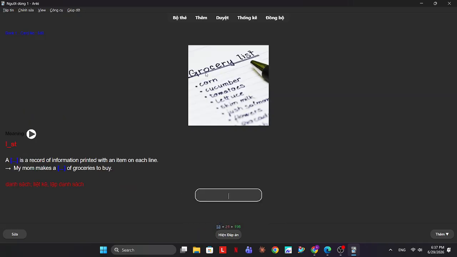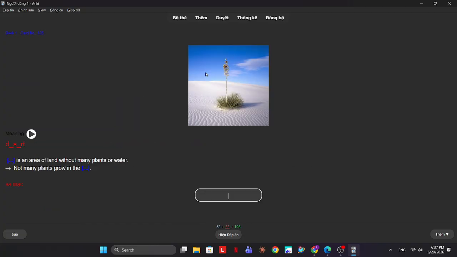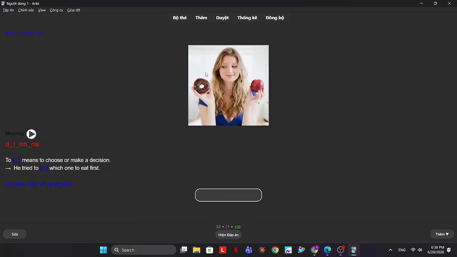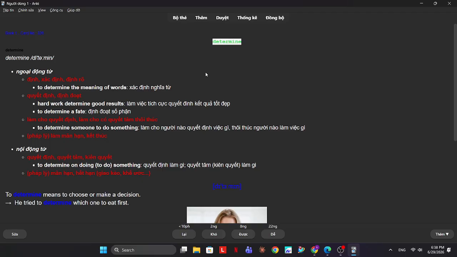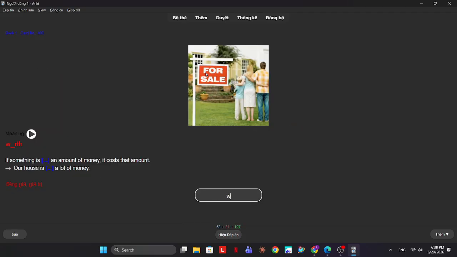A list is a record of information. List. The desert is an area of land without many plants or water. To determine means to choose or make a decision. Determine. If something is worth an amount of money, it costs that amount.